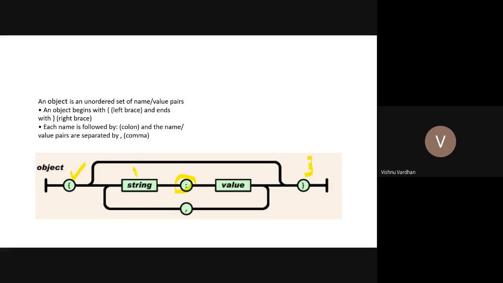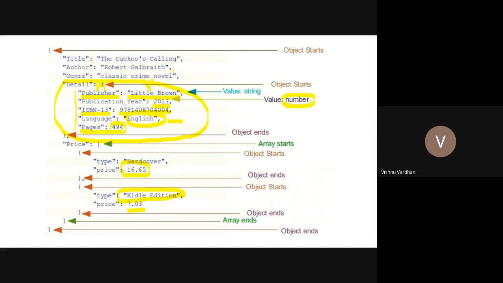Then there is a string format for the name. This is the name section. Okay, and this is the value section. This can be in the double quotes or without quotes. And after every property, there should be a separator in this comma format. You can see all the commas here. This is a comma, this is a comma, this is a comma. So all these commas are actually separating the data from the previous one.